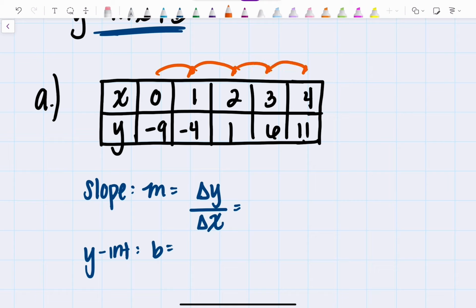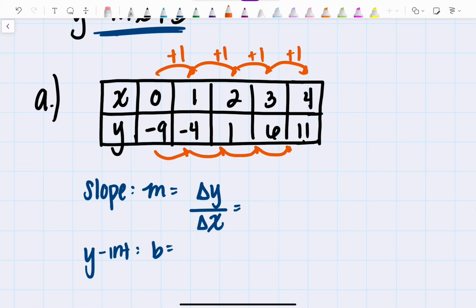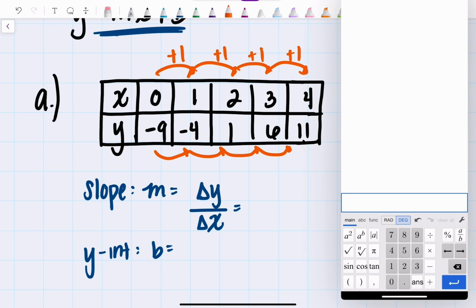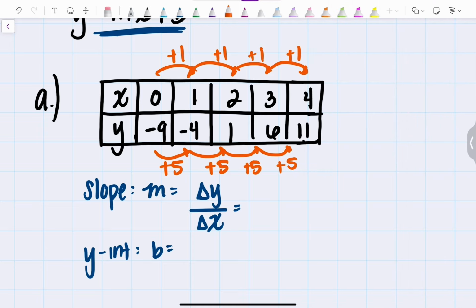So if I take a look at the x's, we're adding a 1 each time. In terms of the y's, what am I doing to go from one number to the next? If I can't see it from the top of my head, I'm going to be subtracting the second number from the first. So it's -4 minus -9. It would be giving me a 5. So I'm adding 5 each time as I'm going from one number to the next. So slope would be 5/1, because that's the